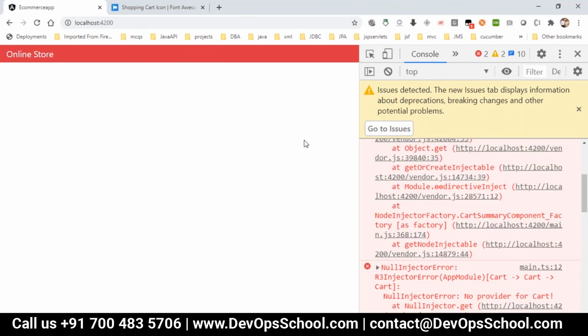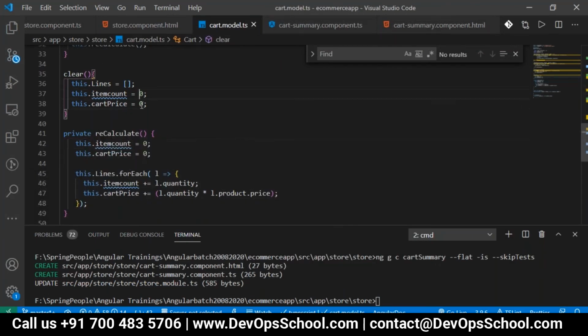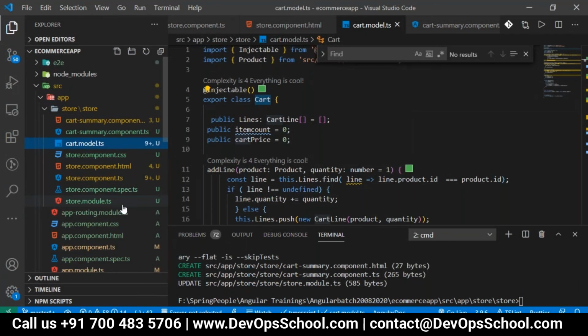Okay, so whenever you go with this, it is giving an error. Why? Because we created here the cart model TS. As I said, if you are using any injectable, that should be added to the module. It is a part of the store module TS.